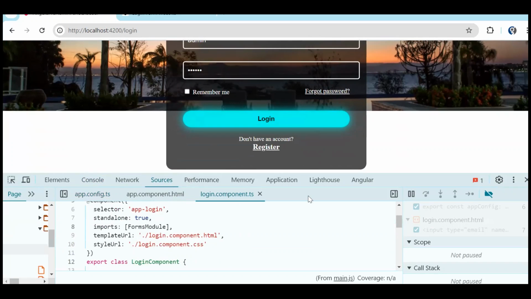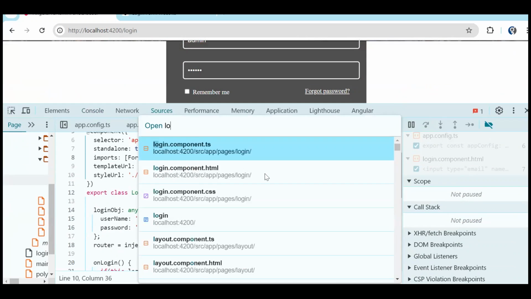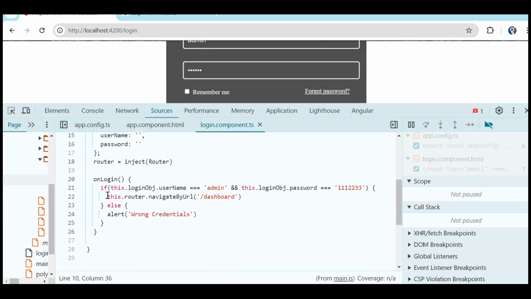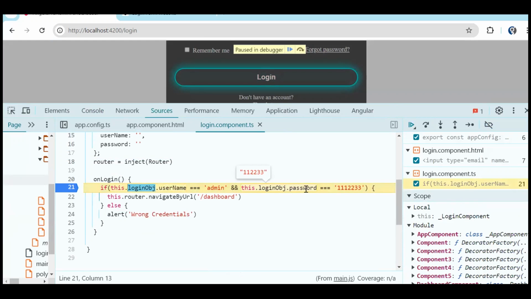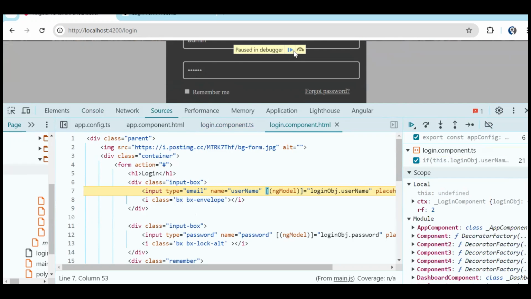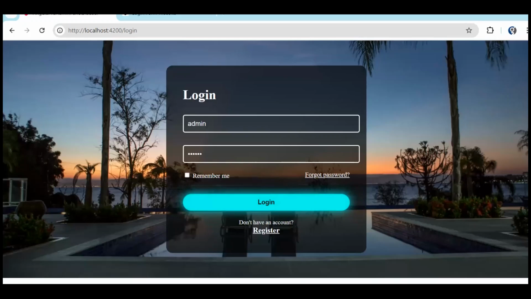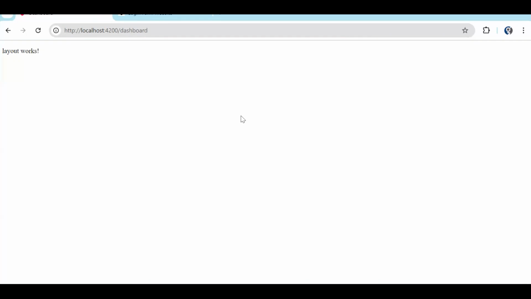Login component. So just to debug over here, just go to the source tab, Control P, and you can open any file, component. Right. Let's add a debugger over here. Login. Okay, here you can see we have added 3 times 1. So that's why it is not able to log in. Let's fix it. So now you can see once user successfully provided the right credential, we are able to navigate to the